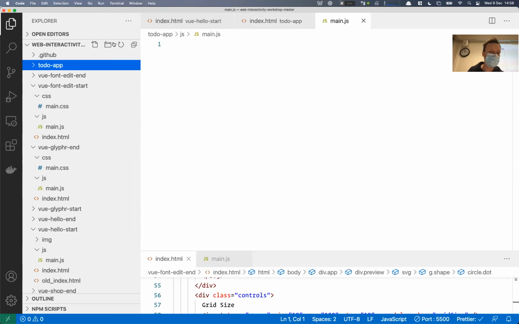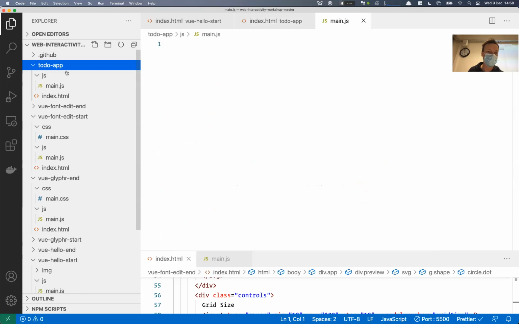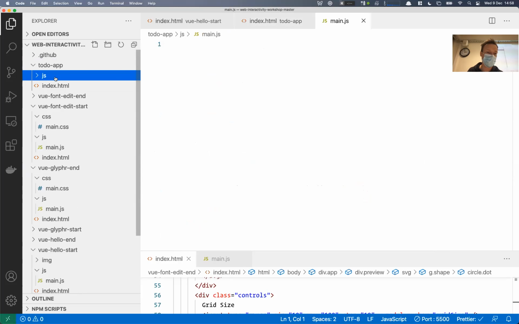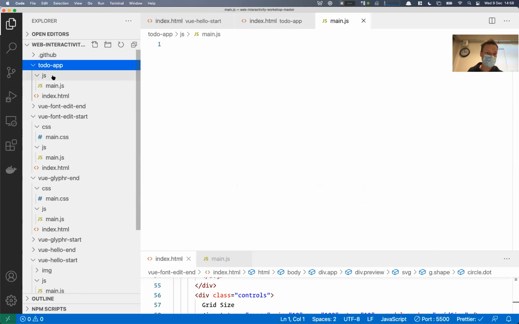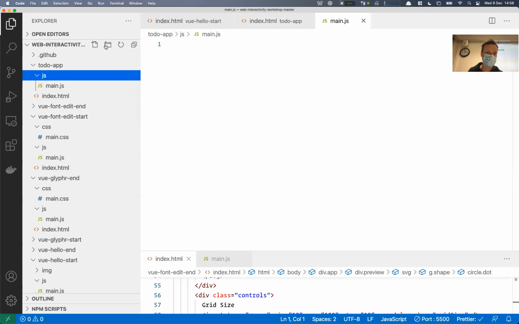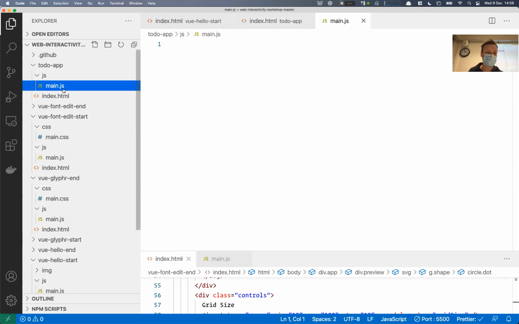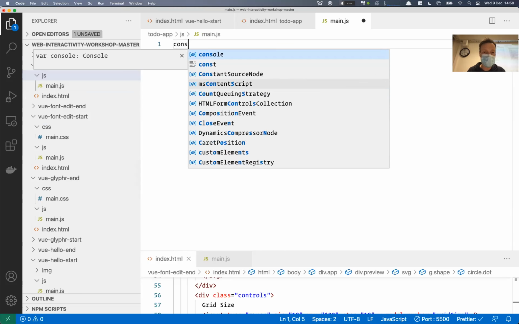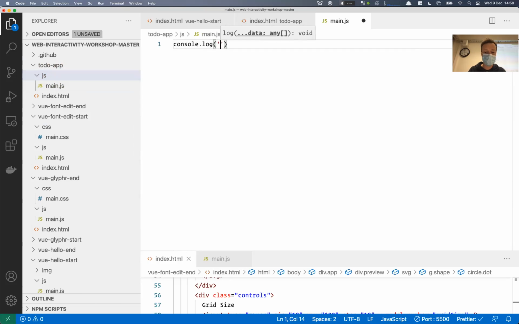Note that if I use these icons here at the top, they create new files or folders wherever I'm selected, whether that's open or closed. It's important to make sure that you're in the right place when you click these buttons. Otherwise, they will create files in the wrong location. You can try them also, if you want. But it's sort of confusing, because the only indication is a little difference in spacing. Here it's kind of hard to see: are these both in the JS folder, or are they both in the root folder? You can close it down and see, but it's kind of confusing. So that's why I also like to do a sanity check,